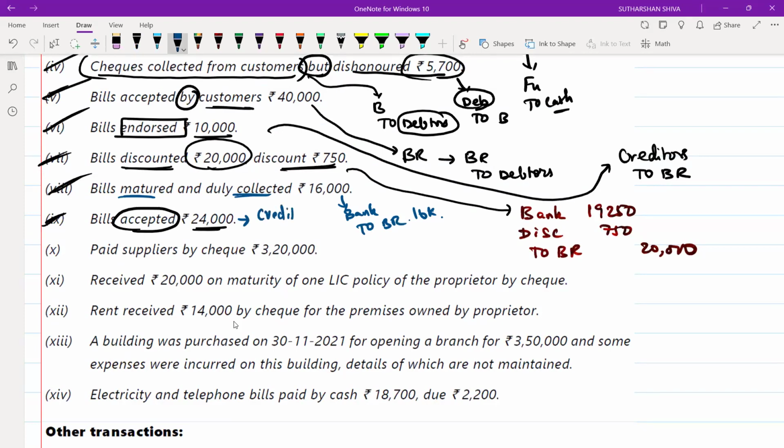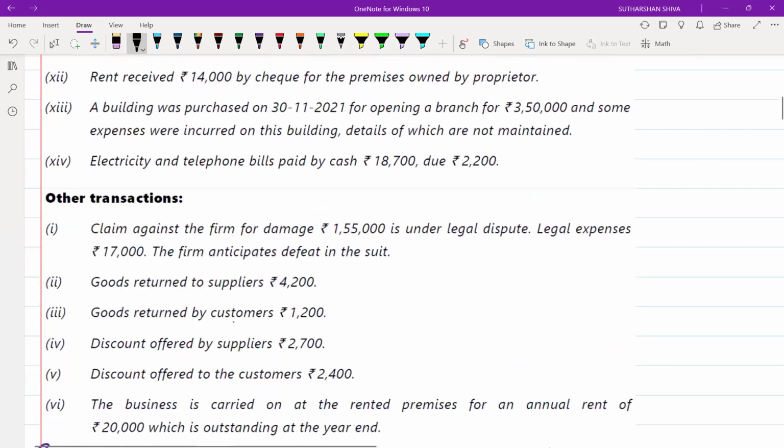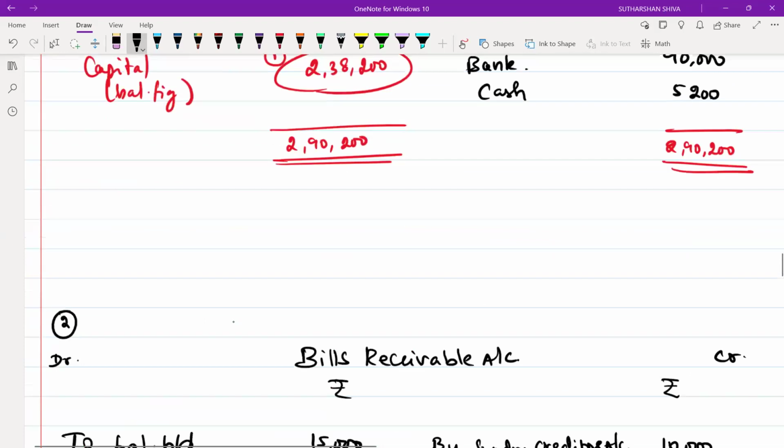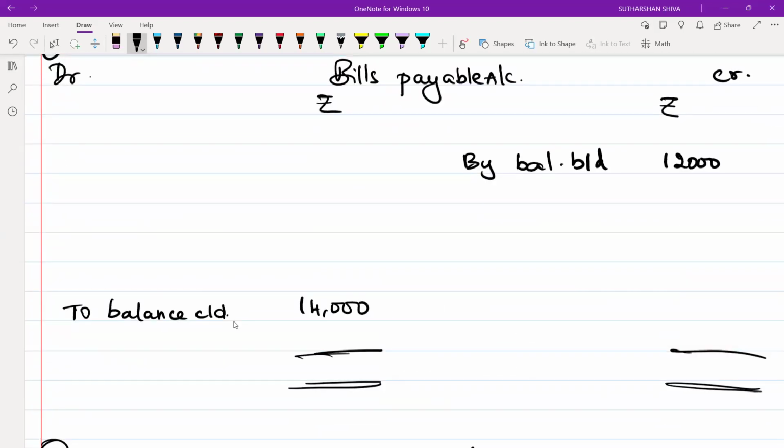Creditors account debit to bills payable. Creditors to bills payable, so it is affecting two accounts: one is creditors and the next one is bills payable. So I will go to my bills payable account first as it comes first, and I will write down by